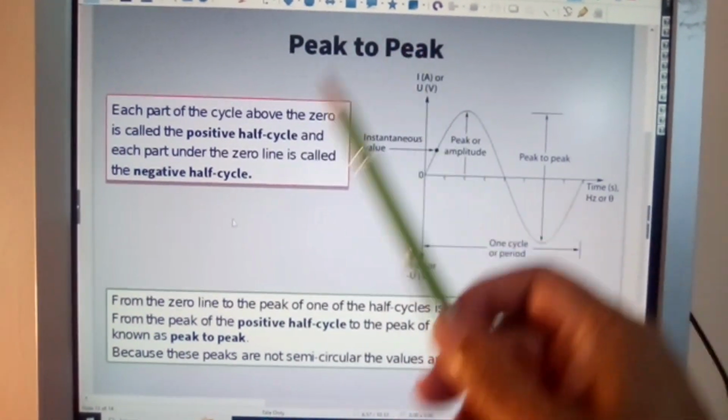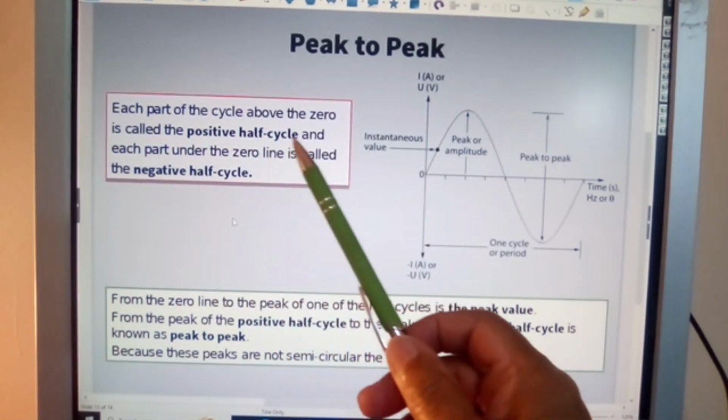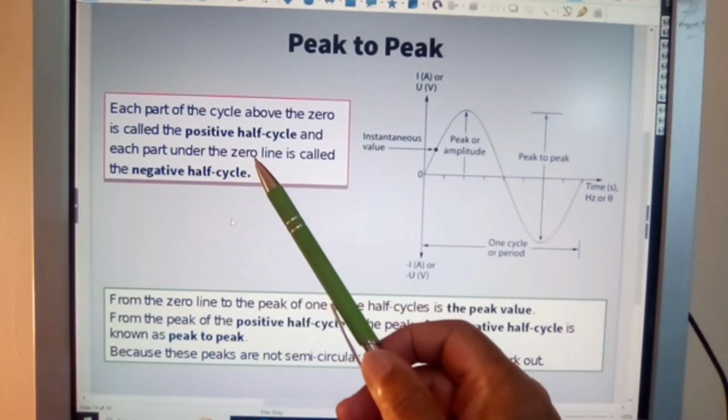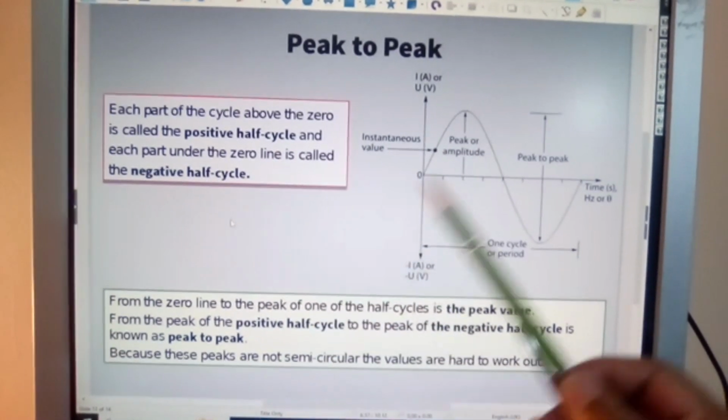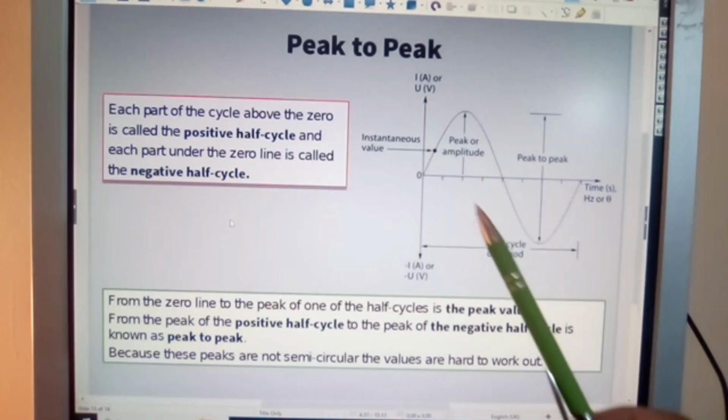Now, peak-to-peak values. Each part of the cycle above the 0 is called a positive half cycle, and each part under the 0 line is called the negative half cycle. Positive half cycle, negative half cycle. And that is your